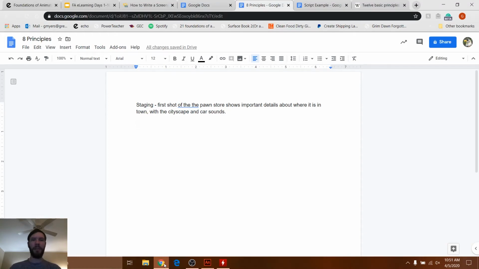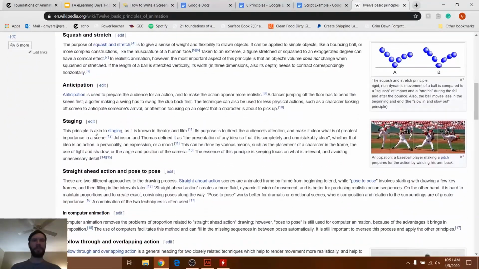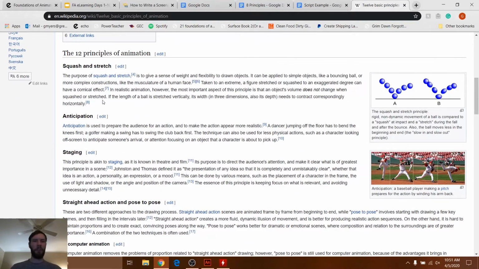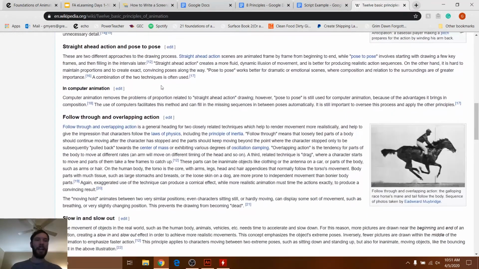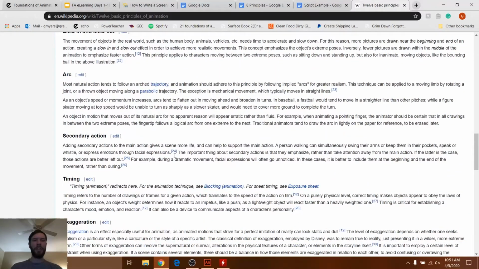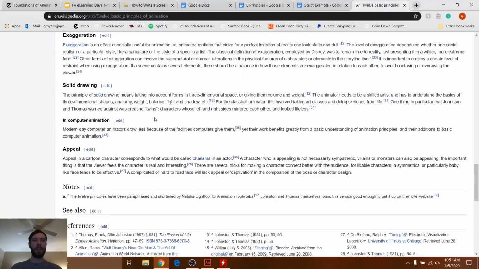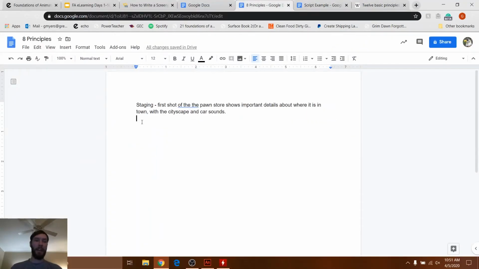So I'm not going to do all 6 because honestly I've got kids out there that are screaming, but you'll kind of see where I'm going with this. So staging, we're using the definitions of each of these principles, reading through them, and we've done so much on them now. I hope that you would know a little bit about them. And if not, you could just use Google search. So we're going to take a look at how each of these work, and then we're just going to write about them and how they apply to your